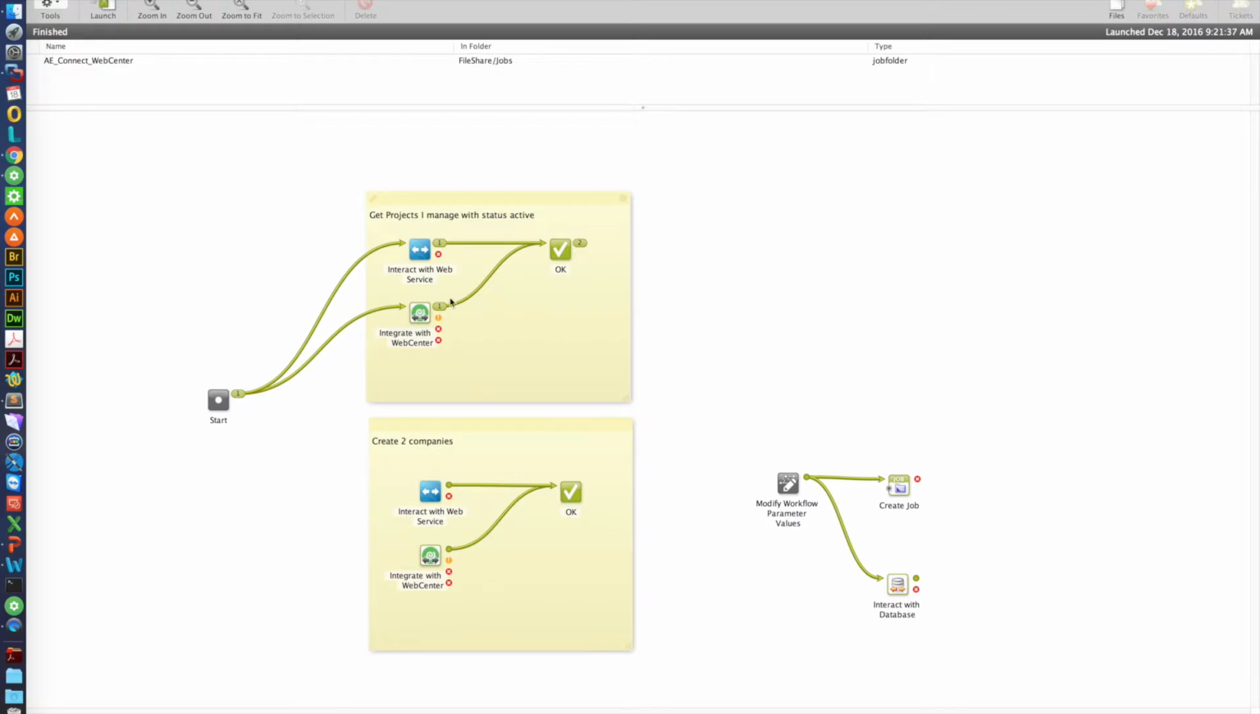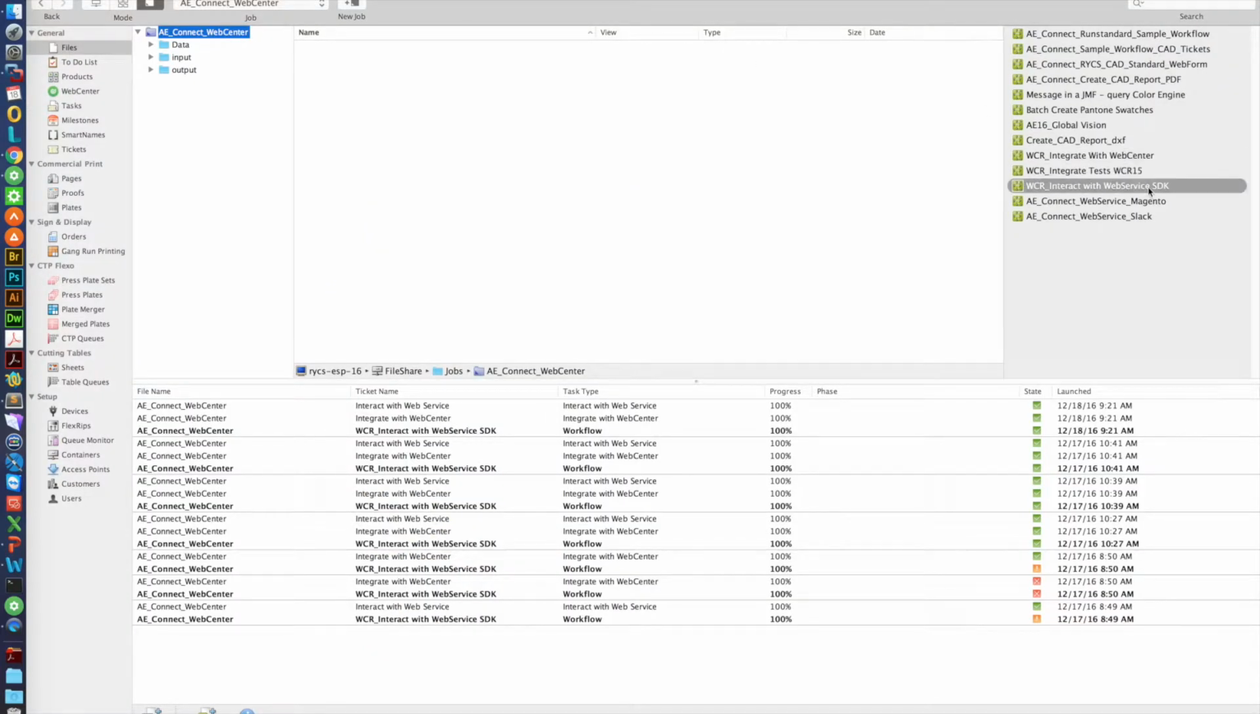So before they added this nice function of the Integrate with Web Center ticket, in order to interact with Web Center directly, we had to use this Interact with Web Service ticket. So this one was to create projects, or get the projects that I manage with the status of active. So now if we run this function here, I'm actually going to create